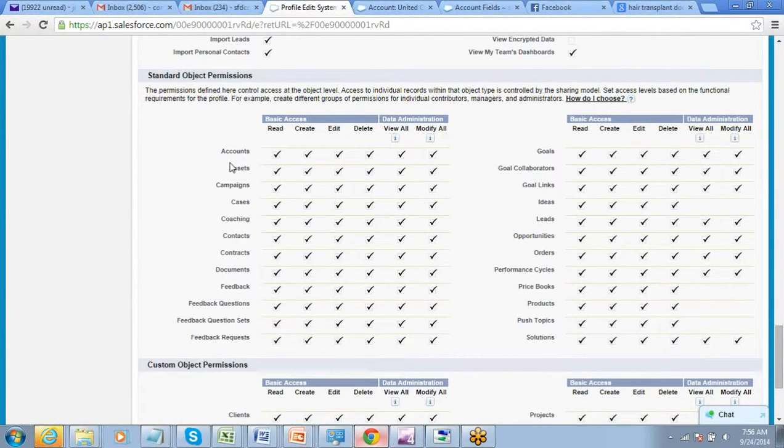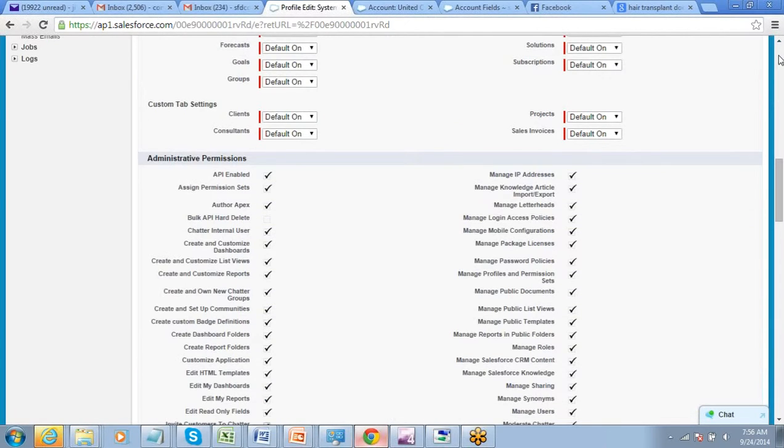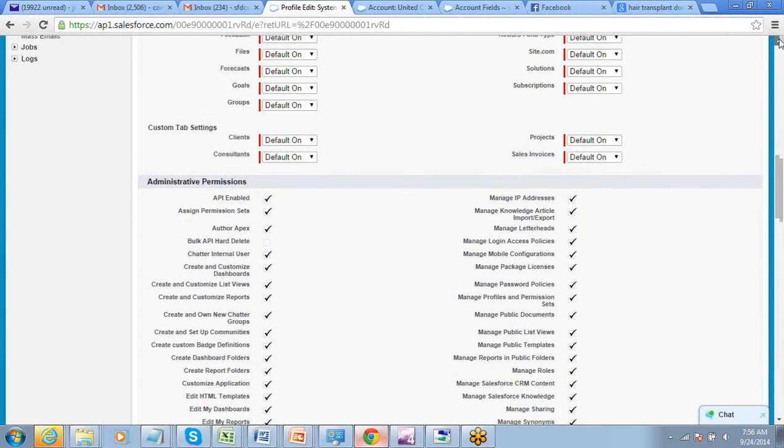Object permission means which object you can read records, create, edit, delete. Alright. So standard profiles do not allow you to edit the object permissions, neither for standard object nor custom object. Nothing is allowed. So this is something which you will have only if you are using a custom profile.